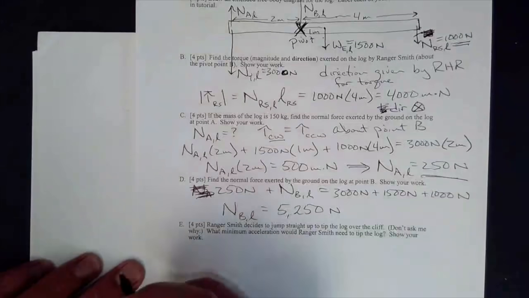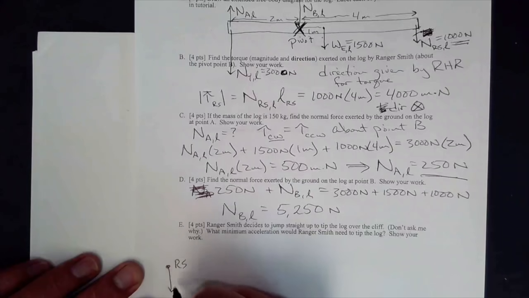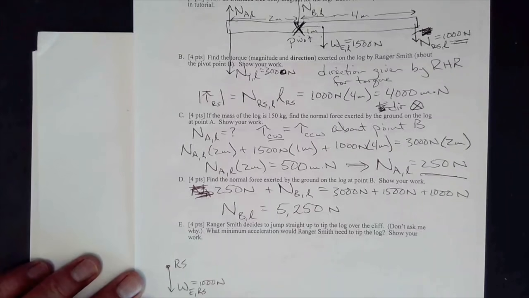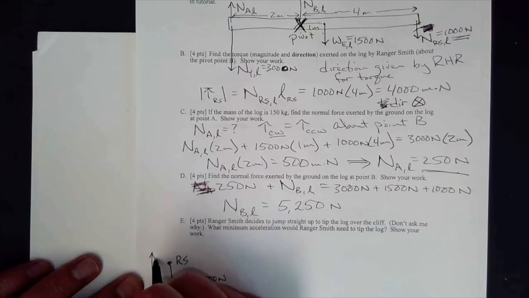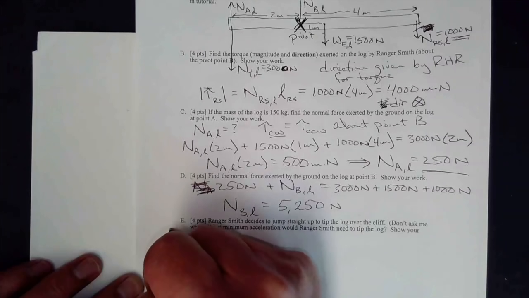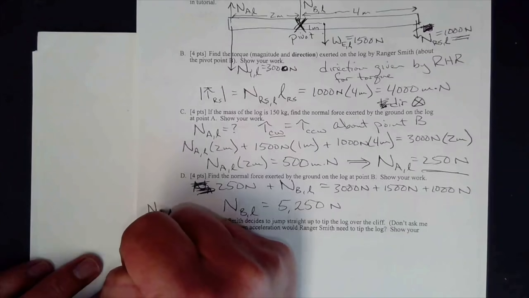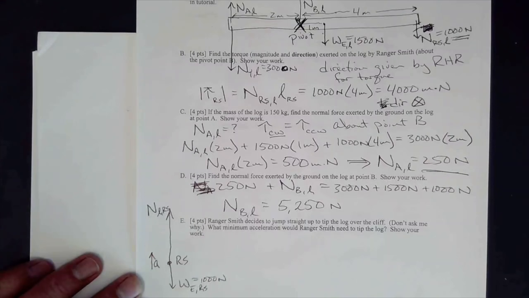Well, if we draw a free body diagram for Ranger Smith, his weight force is going to stay 1,000 newtons without diet or exercise. Nothing he does can change that other than diet and exercise. But if he jumps up such that he has an acceleration in the upward direction, that means that the normal force, the only other force on him that's exerted by the log on Ranger Smith, is going to be bigger than 1,000 newtons. Well, by third law,